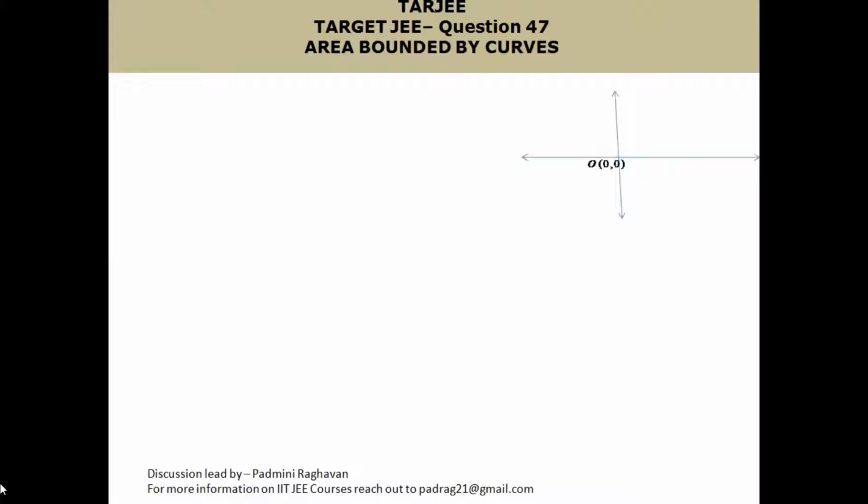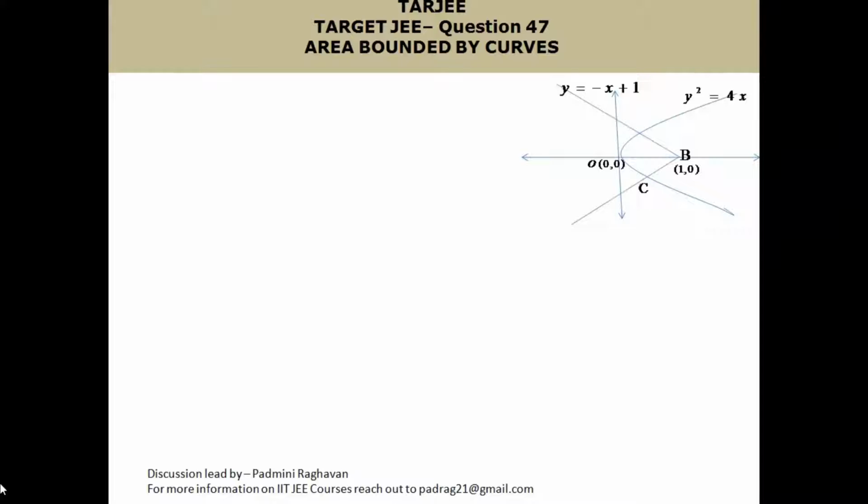We are given y² = 4x, which is a right open parabola. |y| = -x + 1. Whenever y is positive, it becomes y = -x + 1, which is nothing but this portion of the line. Whenever y is negative, it becomes -y = -x + 1, which is this portion of the line. So it intersects at the point (1, 0). This is the area that is required.